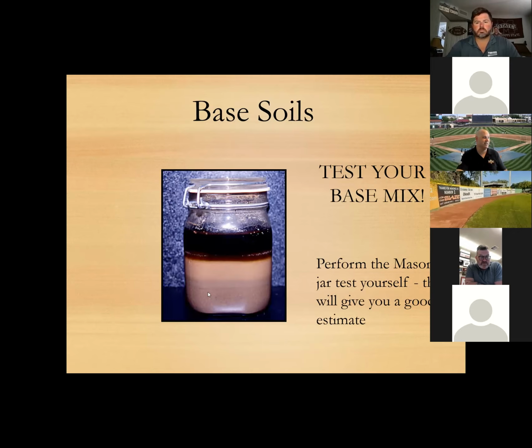It's as simple as taking, I don't know what size this jar is, probably a 12 or 16 ounce jar, filling it with a water solution and filling half of it up with your soil sample, shaking it up and letting it disperse for 2 to 3 days. And then you can take measurements and find your percentage of, there's obviously sand at the bottom, finer sand on top of that, silt, and then clay on top. It's a quick, easy way to do a soil test.